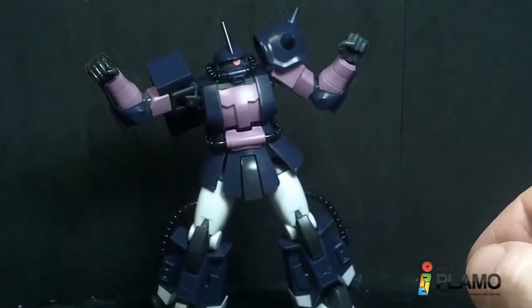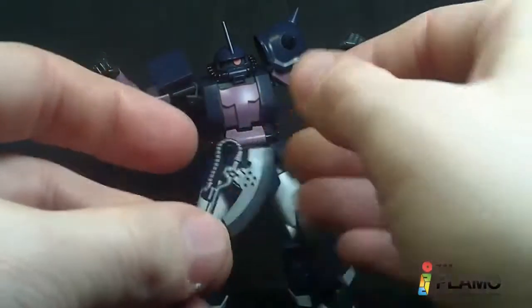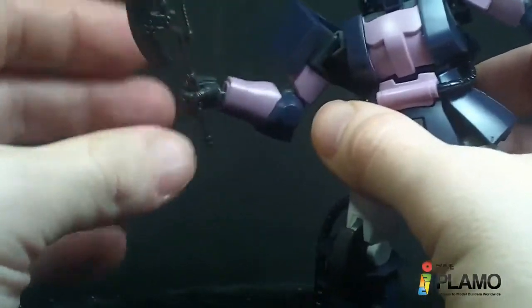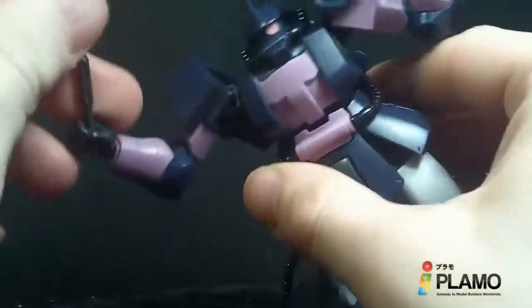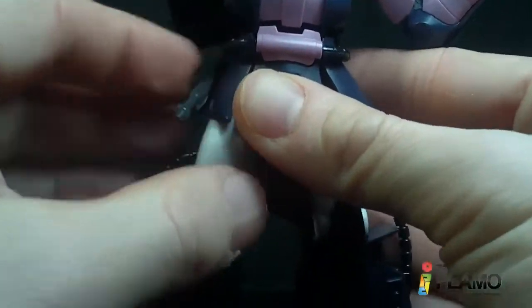You also have a heat hawk, just one piece of plastic, just like usual, and it goes into the hand rather loosely. If you get it in there, right in the sweet spot in the middle, it's okay. And it has a little peg on the one side, can go into the side skirt,